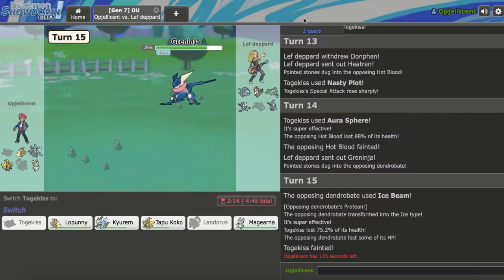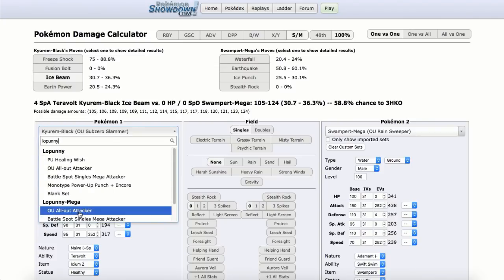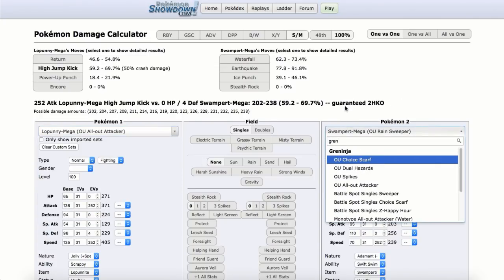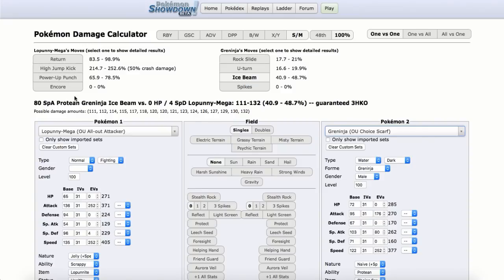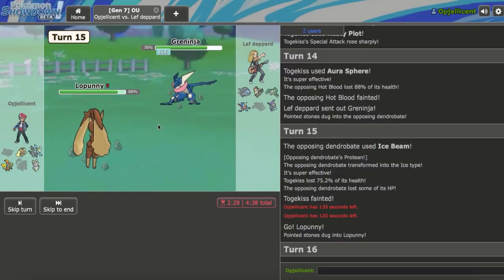Does Power-Up Punch knock him out from that range? Because if it does, I'm pretty sure Lopunny comes in and wins. Greninja. Let's just say it's Scarf, because Power-Up Punch is going to be super effective regardless. Power-Up Punch can, in fact... Well, we take an Ice Beam, no matter what. And Power-Up Punch has a roll, and even if it doesn't knock him out, we can...